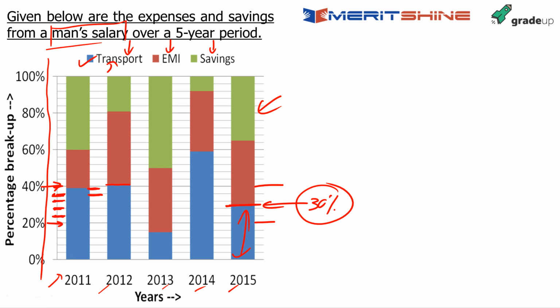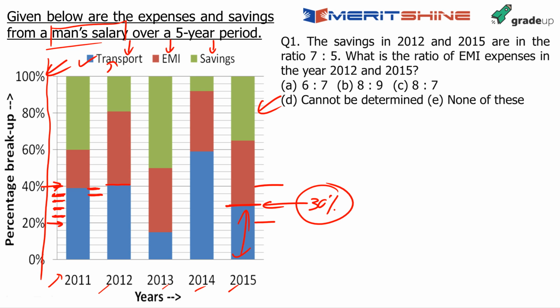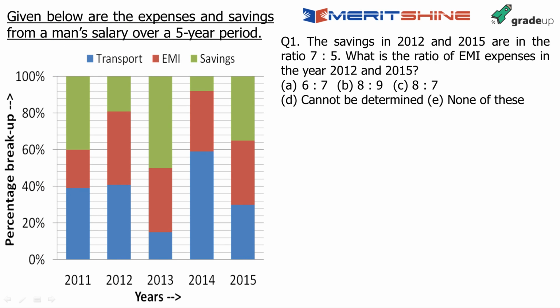The data is given to us for 5 years. For each of these 5 years, we are given the breakup of his complete salary, since this goes up to 100%. I hope this data is clear to all of you. I'll show you the first question. I hope I'll be able to tell you a better method of doing it. I'm just erasing the screen to make it slightly neater for you. That's the question on your screen now. Read it, give me the answer. I'll discuss it after half a minute.